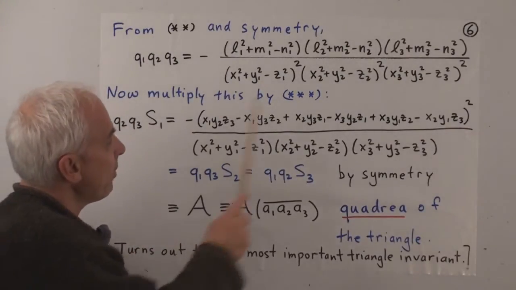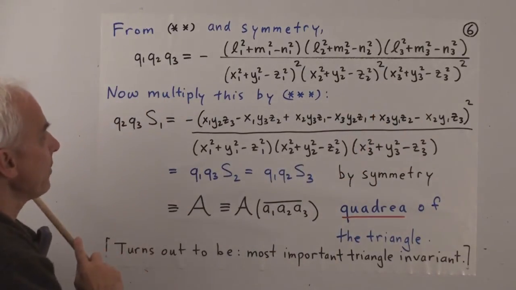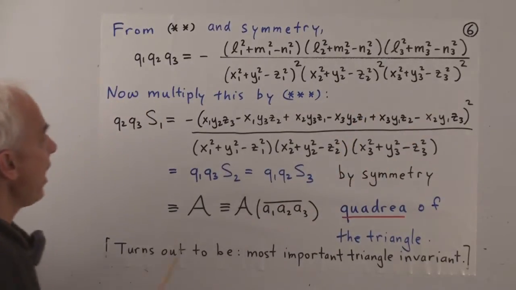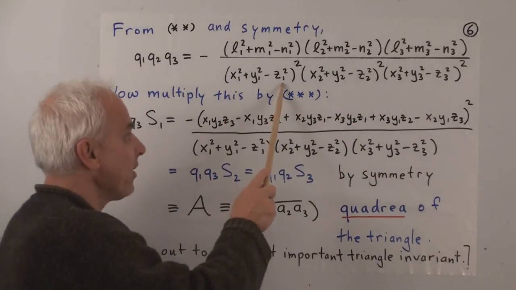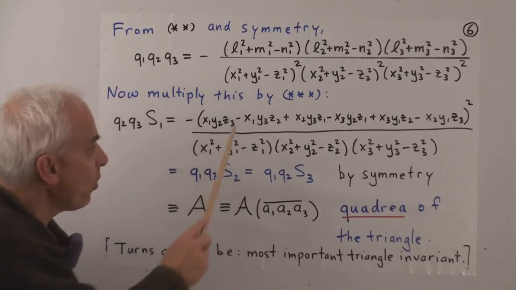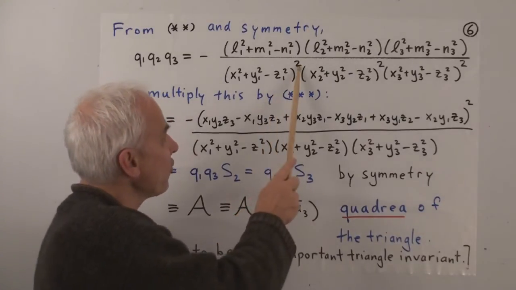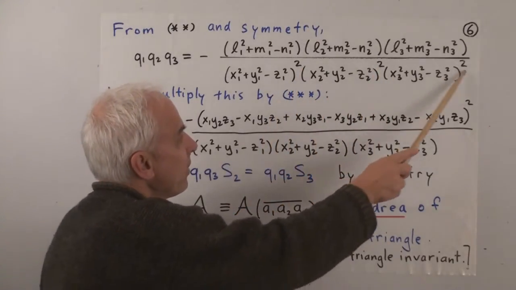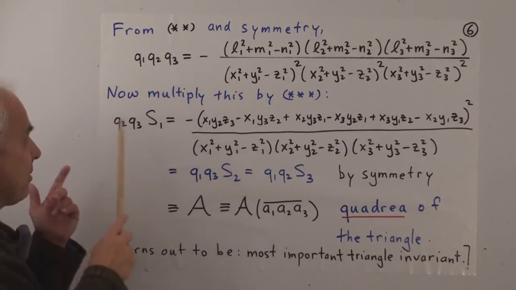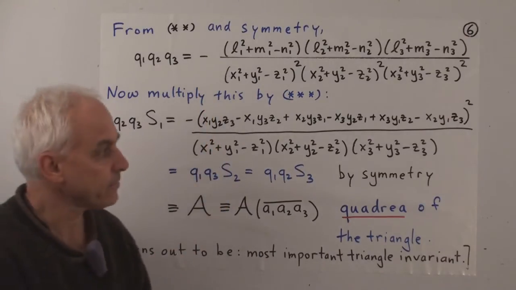And, well, we're going to get the x2 squared, x3 squared from Q1. From Q2, we're going to get x1 squared times x3 squared. And from Q3, we're going to get x1 squared times x2 squared. So when we multiply these three together, we're getting the product of each of these twice. So each of them squared. Each one of these individually has a minus sign, so three minus signs multiplied together gives us still another minus sign.